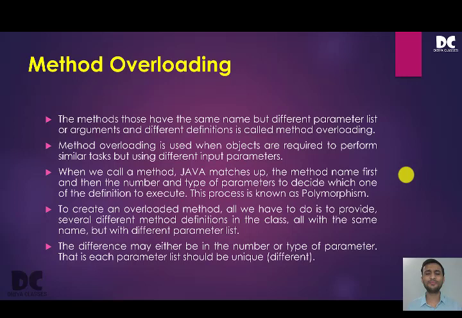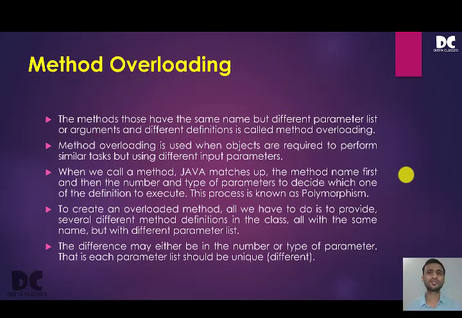So how to write method overloading? What are the types of method overloading we can get? How to call different types of functions? We'll be studying all this with the help of a program. Method overloading programs are very easy to understand. The only 2 things you have to remember are that all the functions should have the same name and they should have different or unique parameters. These are the only 2 things you have to remember, or else the programs are very easy.